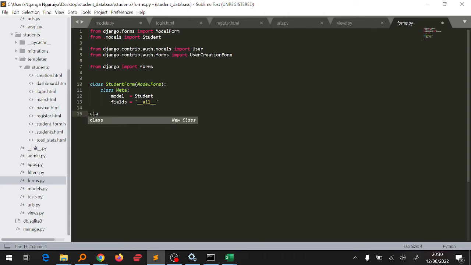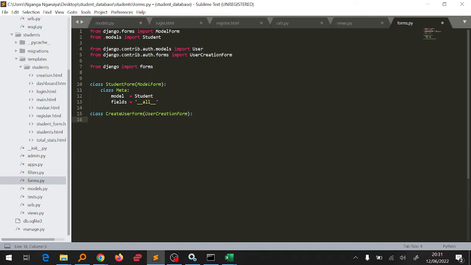We'll just call it CreateUserForm, so that it's not the same as UserCreationForm, because we now want to create a new one. Okay, it will inherit from the UserCreationForm,